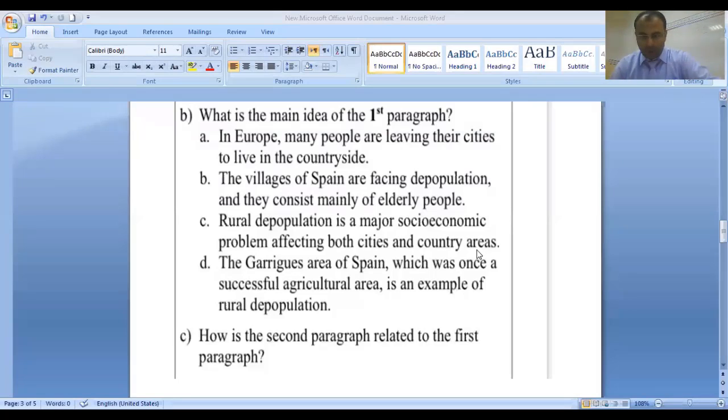One example of this phenomenon is the Garrigos area of Spain, about 1 hour's drive from Barcelona. The area has a Mediterranean climate, but because it's at a high altitude and not close to the sea,